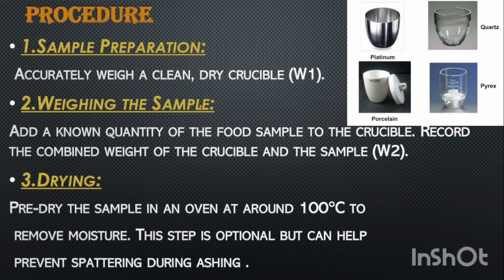This is typically done at high temperatures in a muffle furnace. Even though it is a high temperature, minerals are not destroyed by heating and they have low volatility compared to the other food components. Here, the apparatus used are the silica crucible, weighing balance, tongs, electrical Bunsen burner, and desiccator.